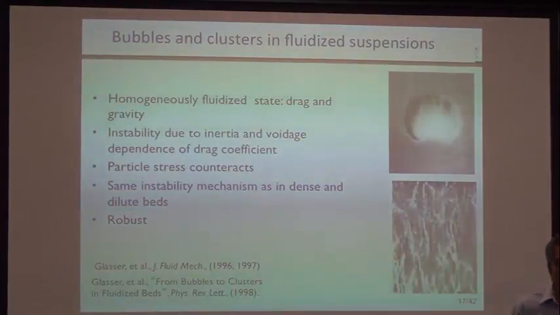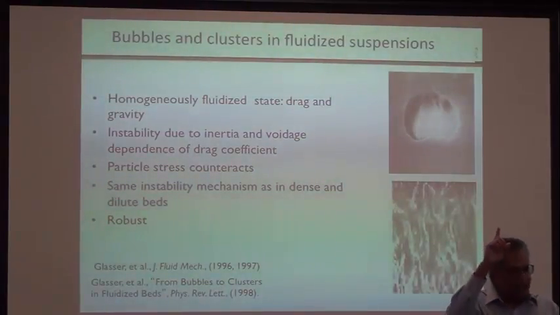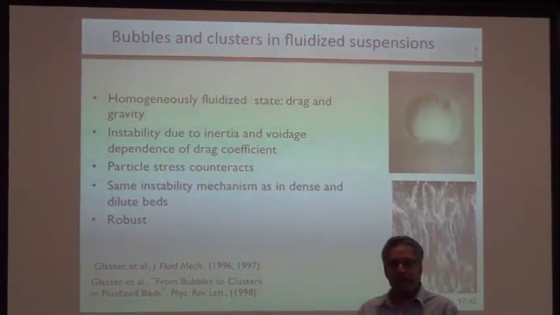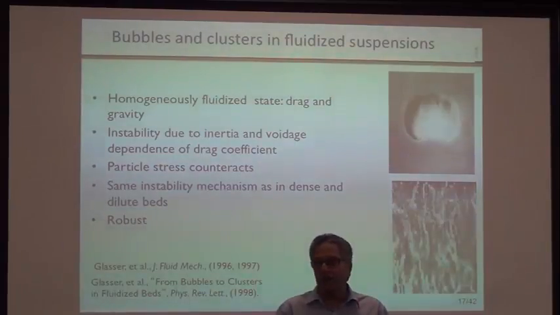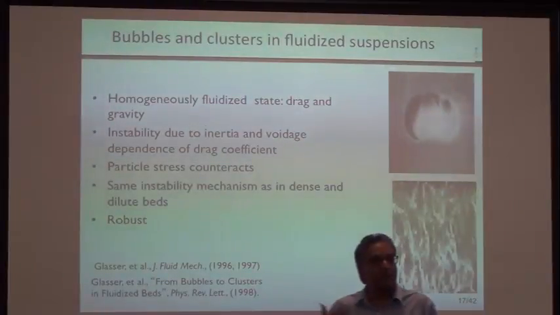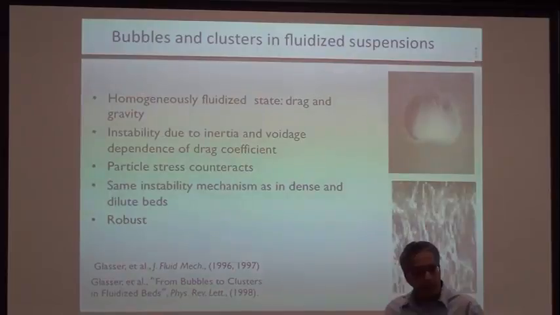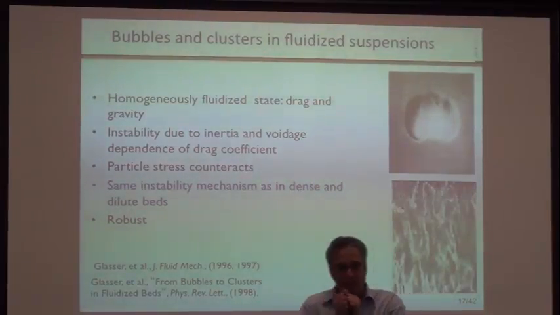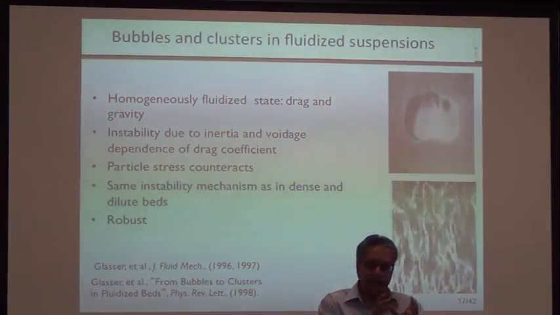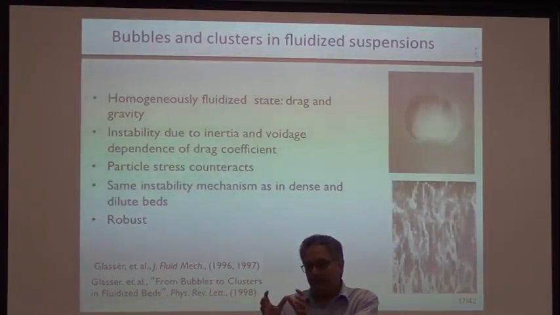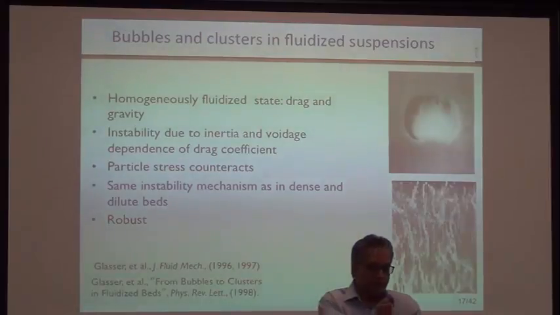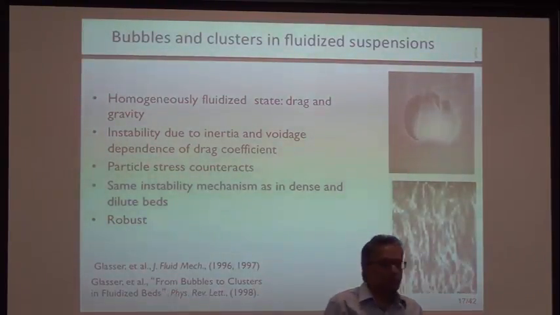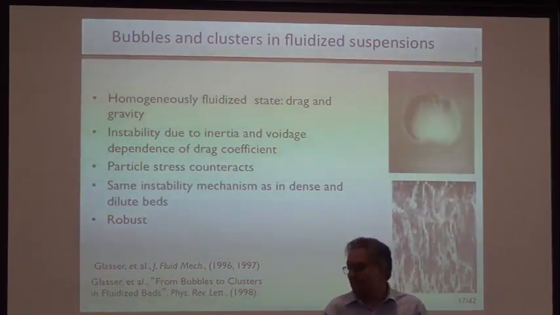Just like we saw in the cohesive bed, you get an extreme form of segregation, this tendency of the bed to segregate so that the particles can go down and the gas can go up. That's what's driving the instability. What is fighting the instability? It is the collisions taking place between the particles. The particles want to congregate in one region and leave another region devoid of particles, then these particles collide, and random motion diffuses the particles away, so that you start getting a more homogeneous distribution.